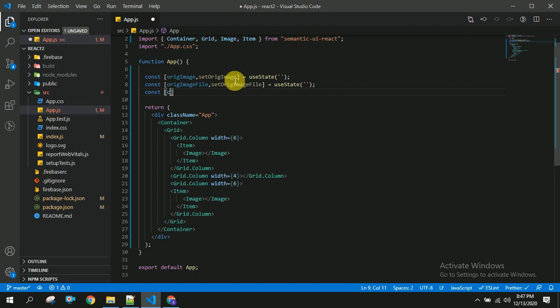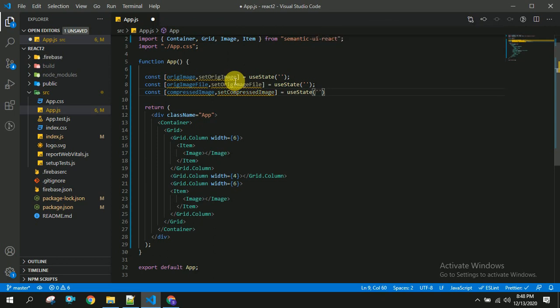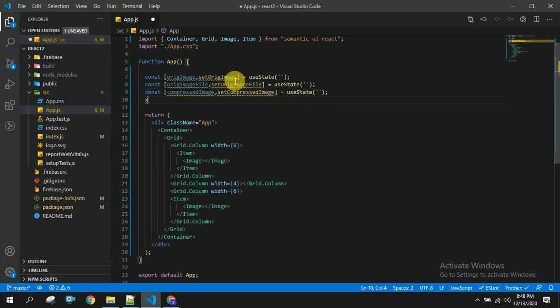Next one is const compressed image equal to useState of empty, and the next one is const file name.